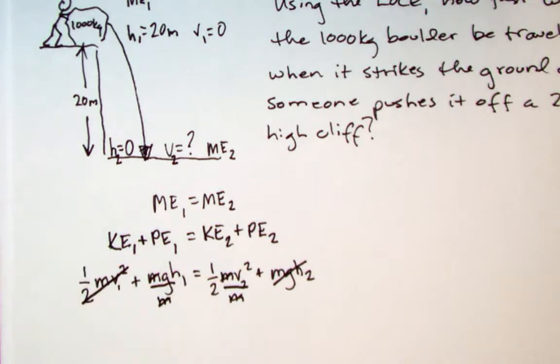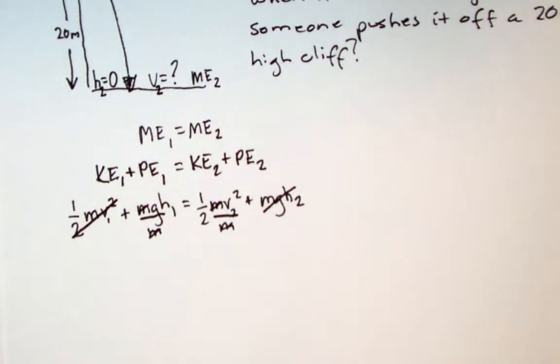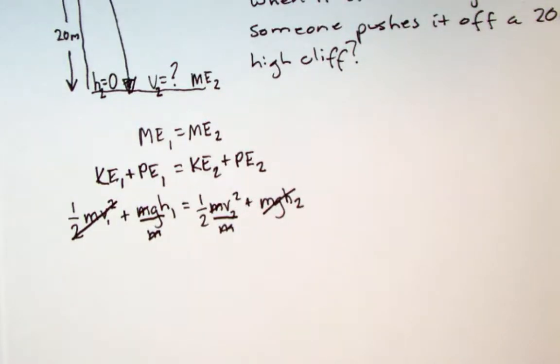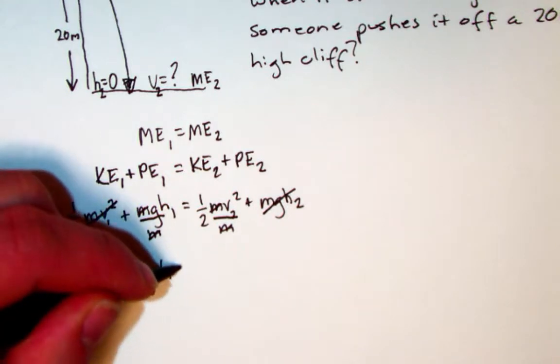Now, mathematically, you might say, why can I just get rid of mass? Doesn't that matter? But think back to when we talked about gravity and free fall back in Chapter 2, and we talked about the fact that mass doesn't have any effect on how fast an object falls. A large object will fall just as fast as a small object as long as we neglect air resistance. So the mass shouldn't play any part in how fast that boulder is falling. So what I really end up with here is gh1 equals 1/2